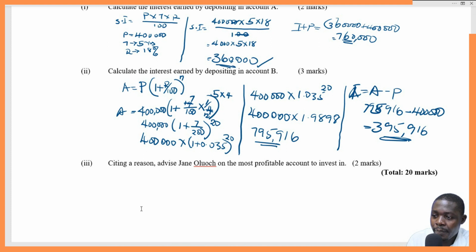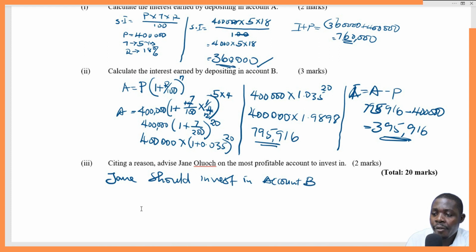You can just write a preferred advice. Advise Jane should invest in account B, which generated interest of